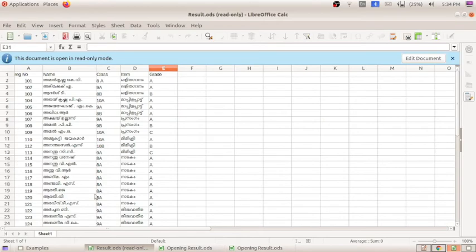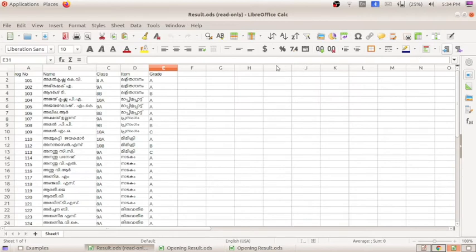Here you can see it is in Malayalam. This is just a sample file. You can use any of the files. You can also type any details, and after typing the details, you can make the changes. So this is just to make it clear. I am opening just a sample file. Okay, so here you can see some details. You get the register number, the name of different students, their class, their item and its grade. Okay, so this is the Excel file. We will be naming it like that, an Excel file related to a list of students, a participant list.